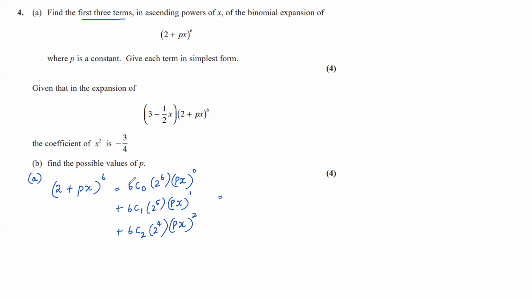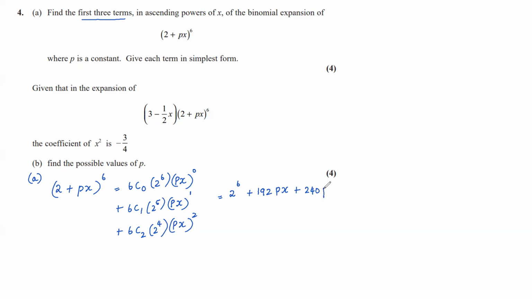So 6C0 means it is 1, and px to the power of 0 is also 1. So we'll be left with 2 to the power of 6 plus 6C1, which is 6. 6 into 2 to the power of 5, which is 32, so 6 into 32 will be 192. So plus 192, and px to the power of 1 is px itself. Plus 6C2, so we can just put that in the calculator. 6C2 we will get 15. 15 into 2 to the power of 4, which is 16, so 15 into 16 will give you 240. So 240